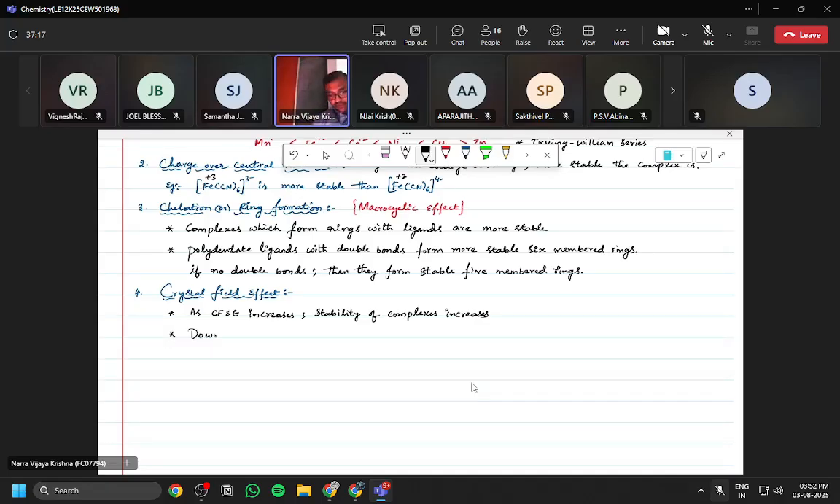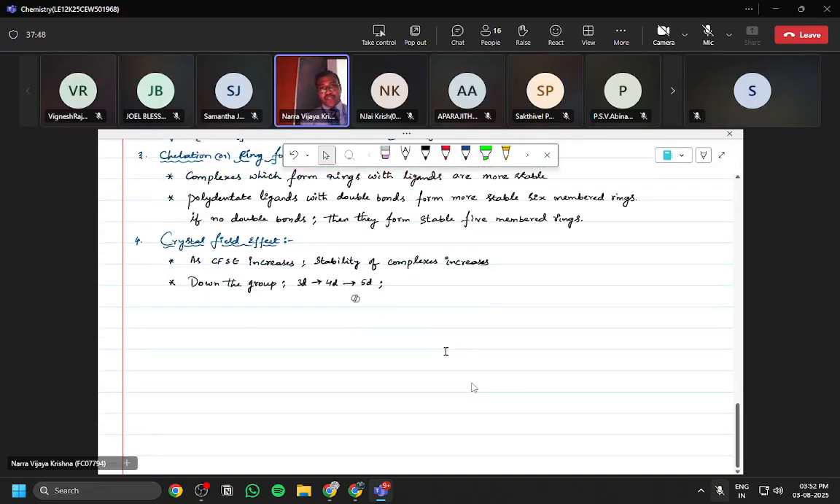Down the group means I am moving from 3D series to 4D, 4D series to 5D series, right? As I am moving down the group, in case of 4D and 5D series, every ligand behaves as strong field ligand. Means what happens to that splitting energy gap? Then the complex becomes more stable. Clear? Any questions? From 3D to 4D, 4D to 5D, that crystal field stabilization energy or splitting gap